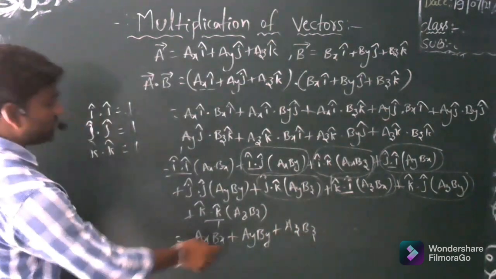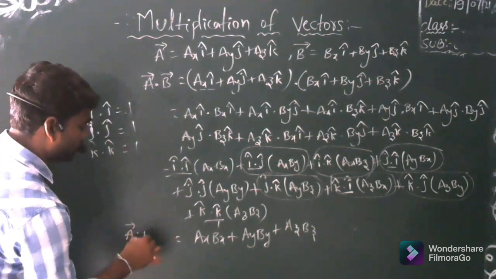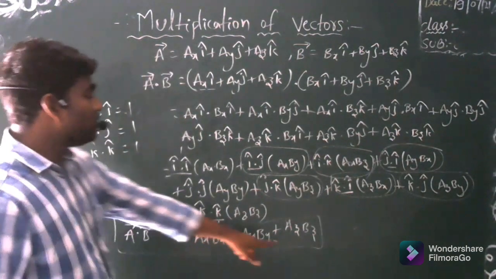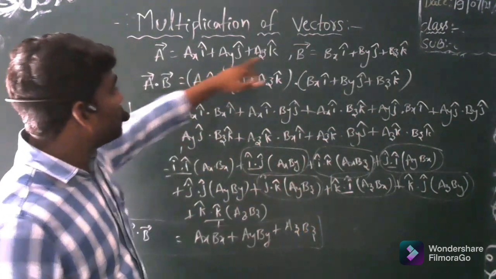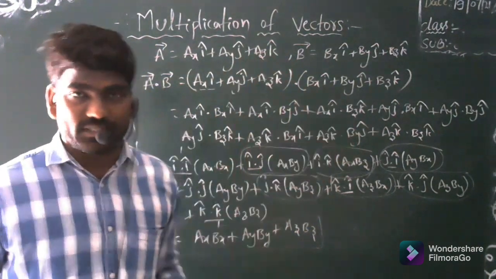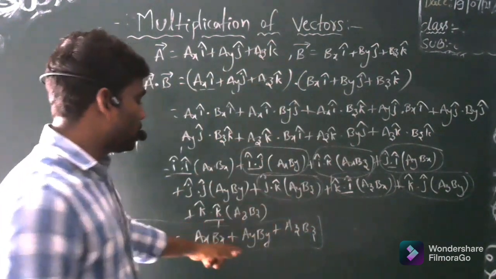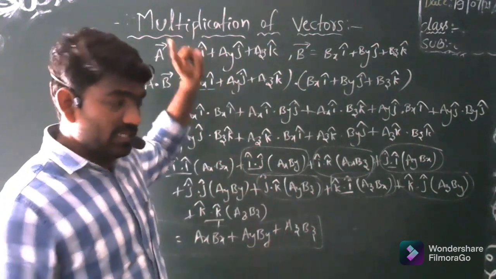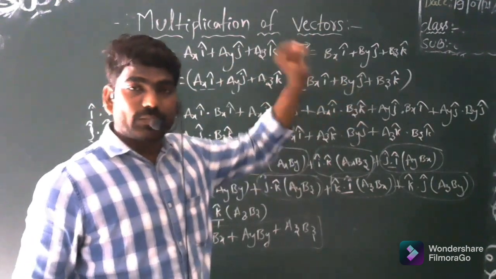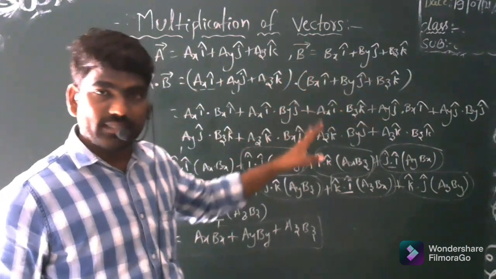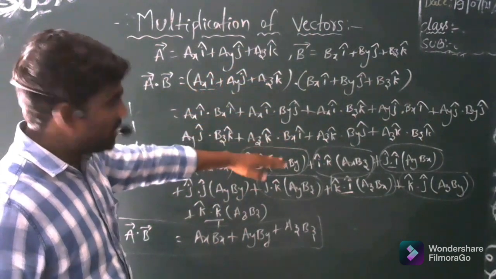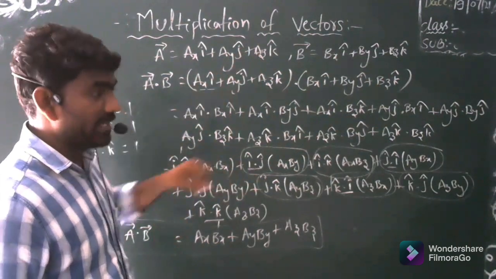So this should be the result when you do the dot product of two vectors which have components. You can use this formula when they give two vectors having components and they do not mention the angle between them. If the angle is given, then use the general formula: find the magnitude of A, find the magnitude of B, and substitute the angle in cos theta, then you will get the result. Right. So this is the components method of the product of vectors, that too the dot product of vectors.